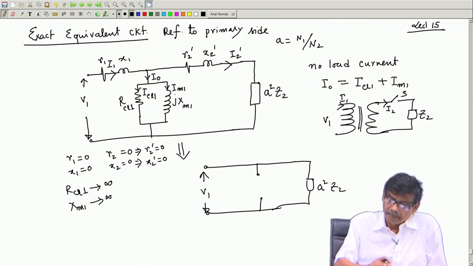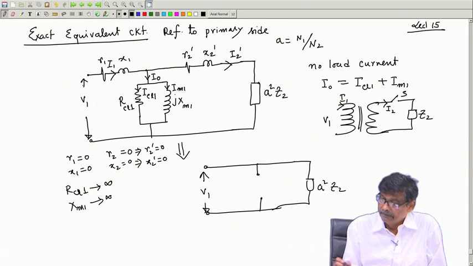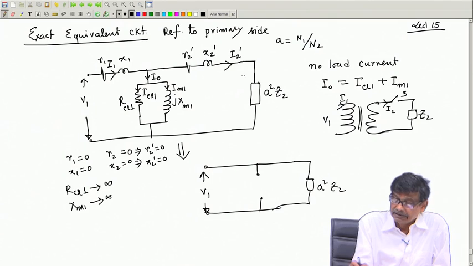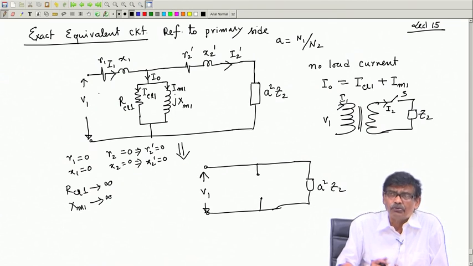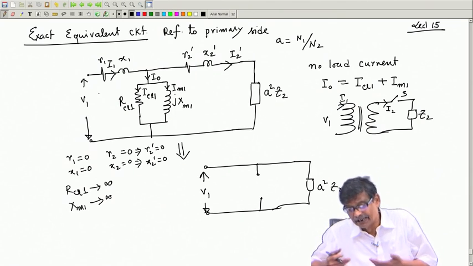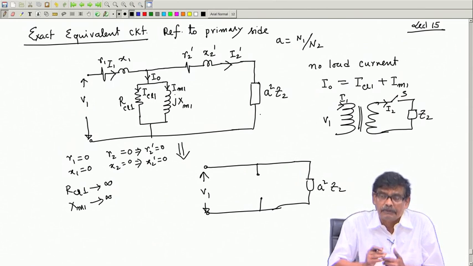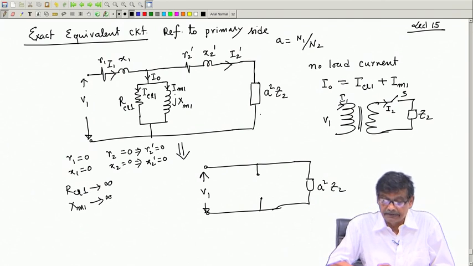Now, in general, this R1 X1 referred to the equivalent circuit referred to source side. I will be always doing this referred to the source side. Okay. Let us stick to one, no point in just complicating things, remembering so many things. This is what I am always going to do. Referred to primary side, I will always draw the equivalent circuit.